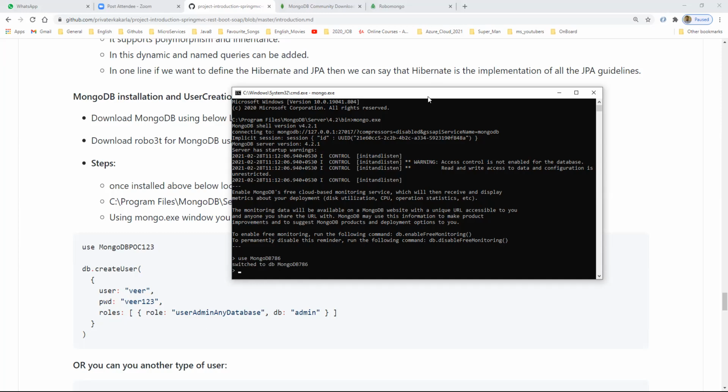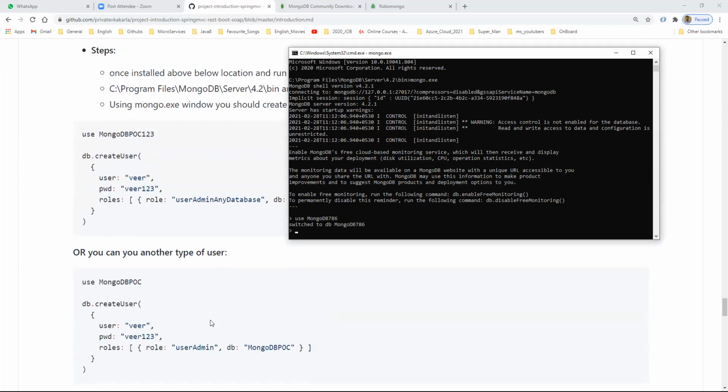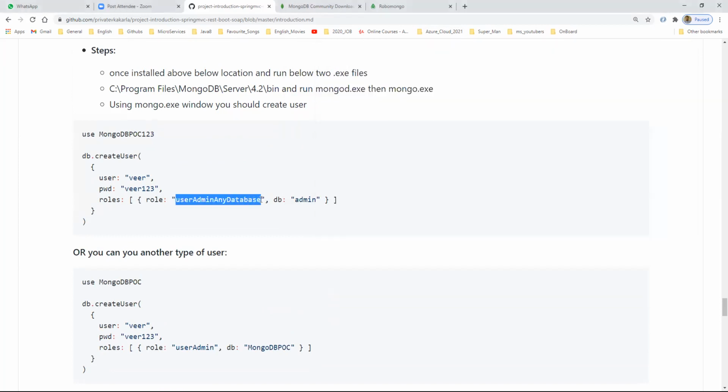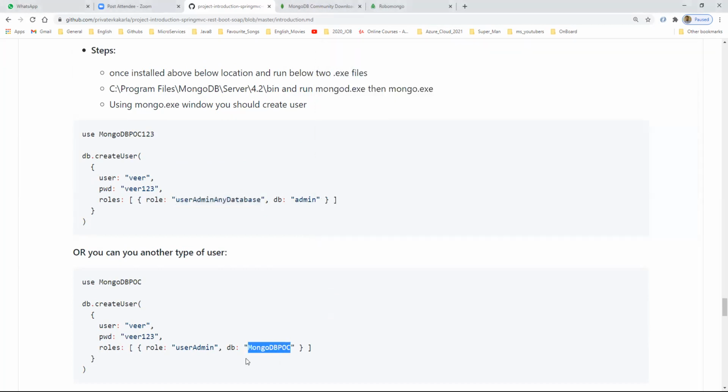Now you can create a role or admin role for this database. You can create it in two ways. One is a username and password with user admin on any database. You can create an admin for all the databases existing in our system, or you can create a user admin for a specific database. This is the specific database. It is better to create a user admin for any database.